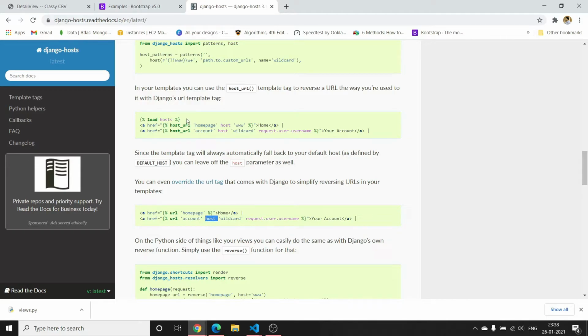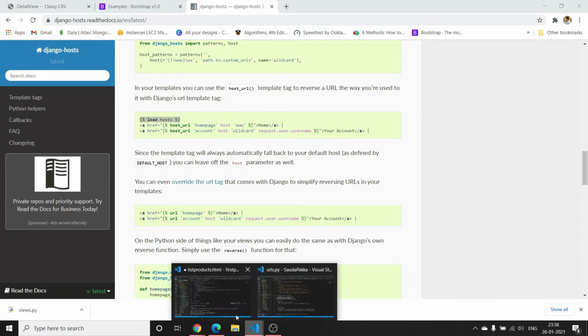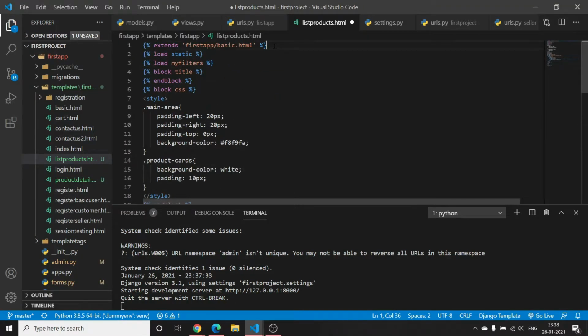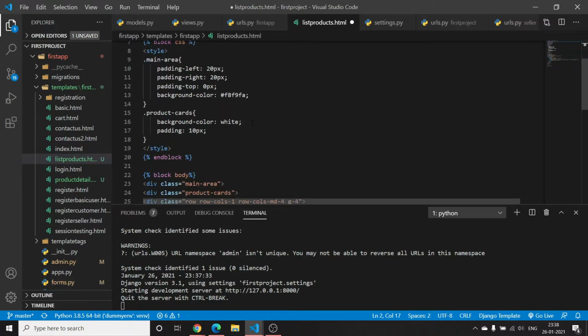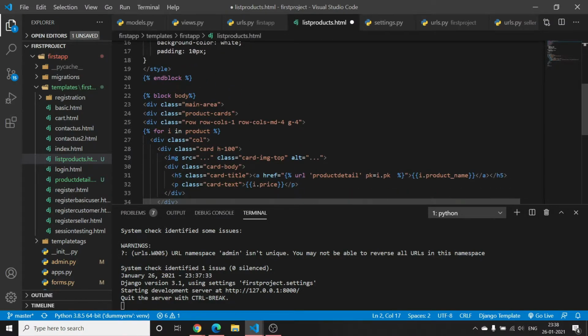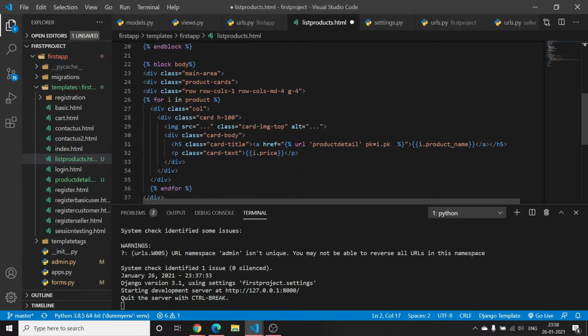You have to use a load host template tag, so I will use this template tag at the top, Control V. There is also a substitute to this Django hosts library, and that is Django subdomains. You can check out that library as well. It's a substitute for Django hosts for deploying the apps of your Django project on different subdomains.